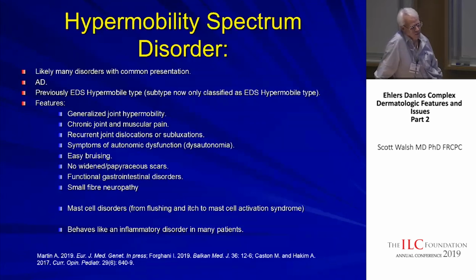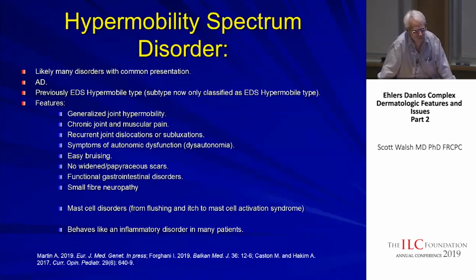Chronic joint and muscle pain. A lot of people are told they have fibromyalgia. I don't think this is fibromyalgia. I think it's coming from the proprioception problems in hypermobility spectrum disorder. It's more around the joint pain than in the joint pain, and it's not really a fibromyalgia type of pain. Recurrent joint dislocations or subluxations, symptoms of autonomic dysfunction, which we call dysautonomia,